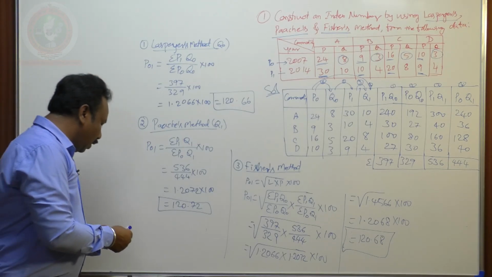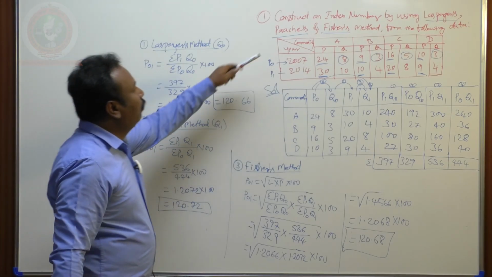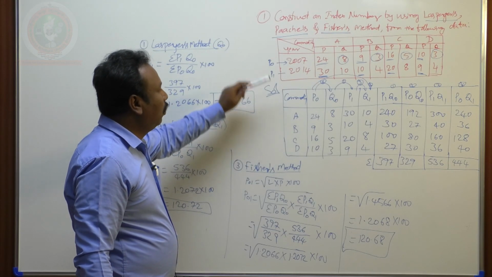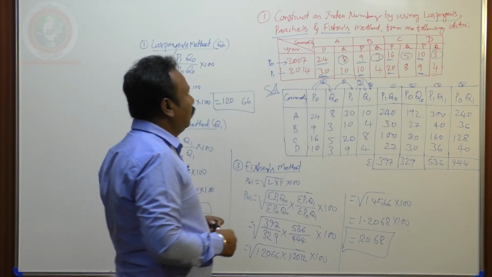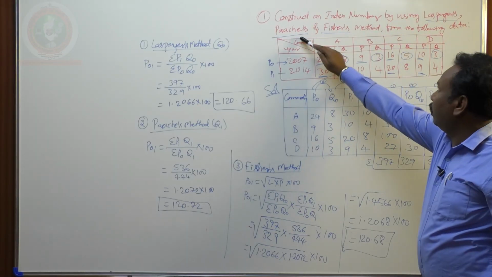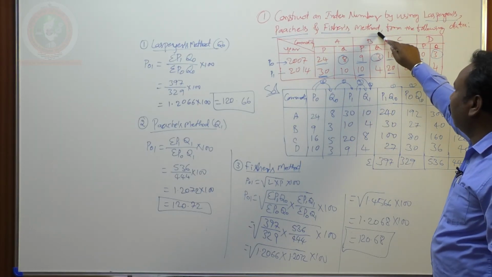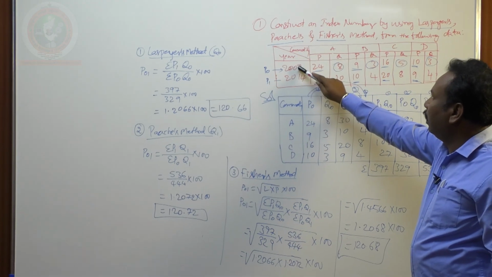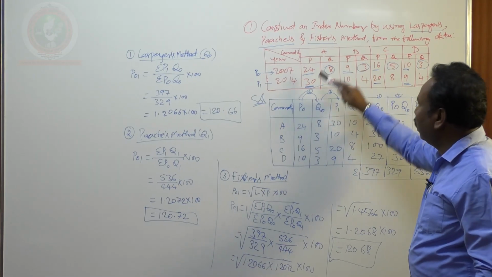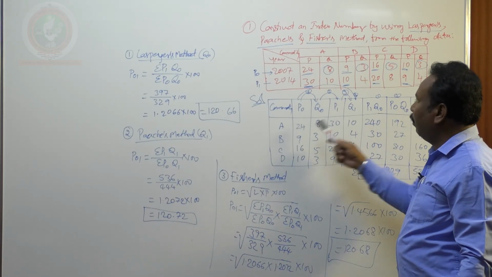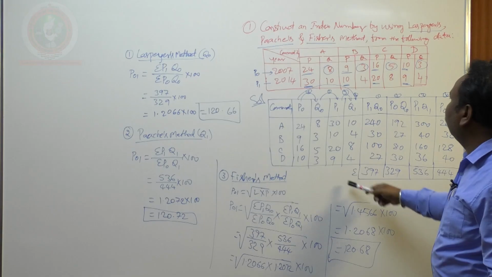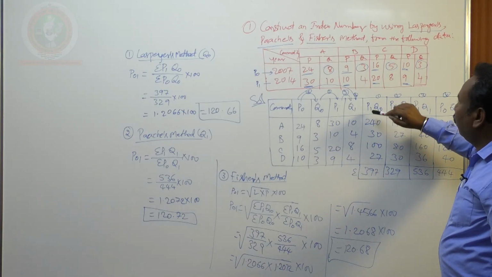So, how the question is drawn and how the solution can be extracted. See here, construct an index number using Laspeyres', Paasche's and Fisher's methods. Three methods are asked. Commodity and years are given, so base year and current year, with price and quantity given. Based on that I have to redraft the table: commodity, base year price, base year quantity, current year price, current year quantity. Based on that we can develop the P1 Q0,